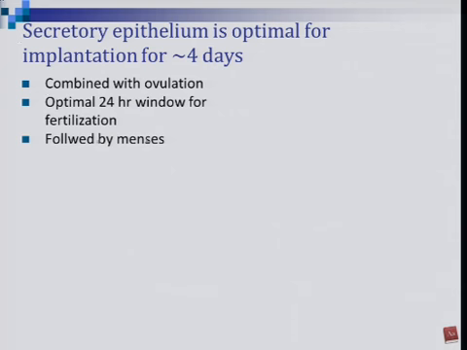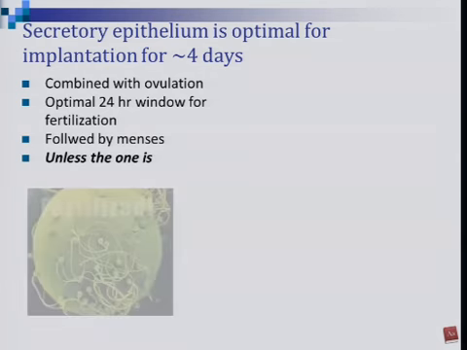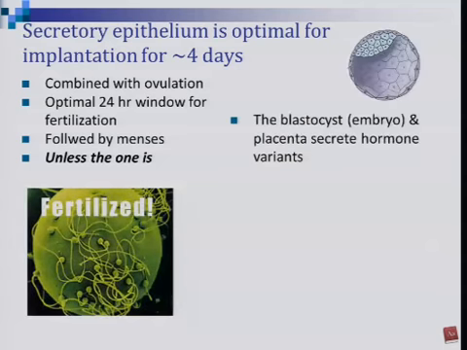Once you get past that window, when menses starts, then implantation can't occur. It doesn't matter if the oocyte is fertilized after that. There's just no place for it to be implanted. And this occurs unless that one is fertilized, and then the blastocyst or embryo starts to secrete placental hormone